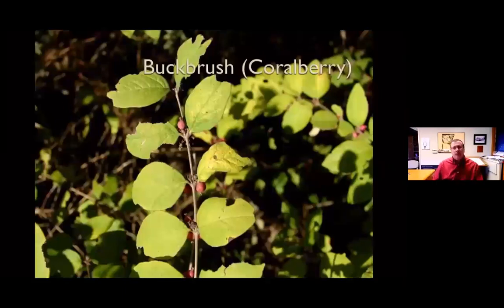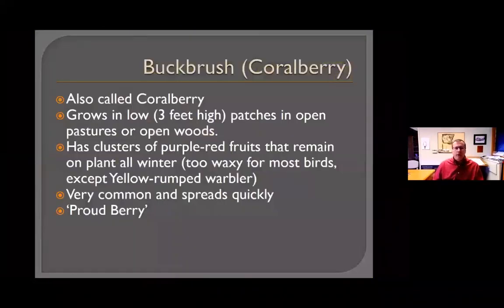Coralberry, or buckbrush, produces these reddish fruit. There are all sorts of forms out there, like Berry Heavy or Proudberry, and they are great as a ground cover for semi-shaded areas. Birds love the fruit that they produce, and they're great at stabilizing the soil. They can grow 3 to 4 feet high, but oftentimes you see these as more of an understory, filling in an area along a riverbank, stabilizing the soil, but there are varieties that spread quickly